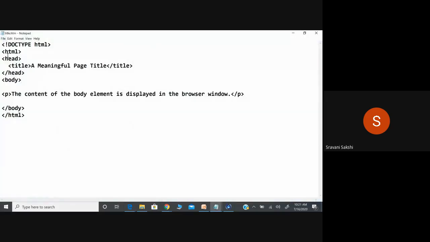Here I am giving the head section, that is title. What is the title I have given? A meaningful page title. And in the body section, as we have not entered into the body section, I am not explaining it here. Let us just see the title, where it has been displayed in my web page.